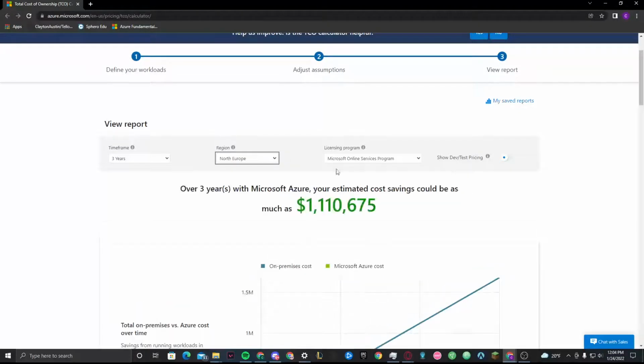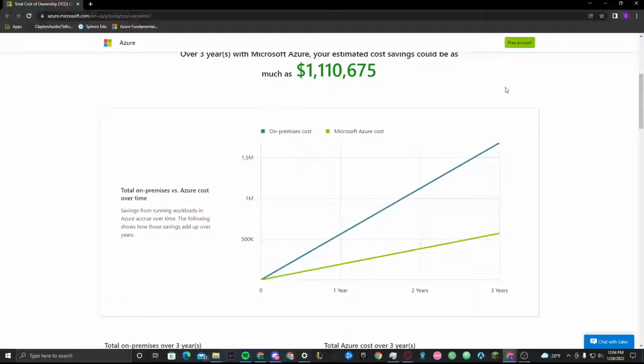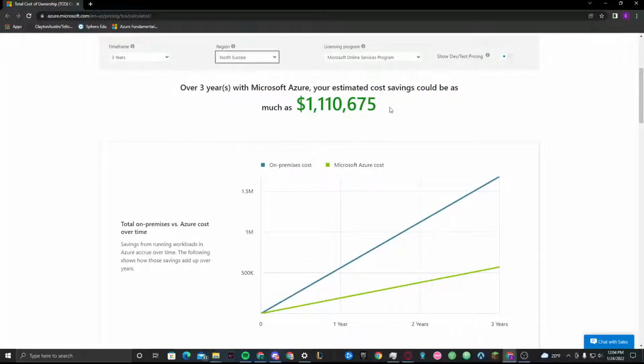North Europe. And then scroll to the bottom summary, and you can see a comparison of the running workloads in the data center versus on Azure. The prices you see may differ, but here's an example of the cost savings you may expect. So, over 3 years, cost savings would be, on estimate,